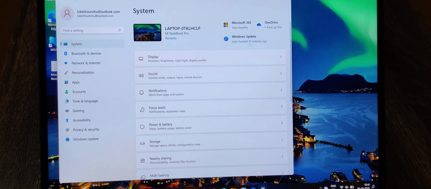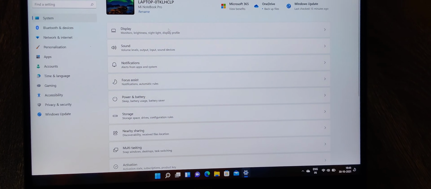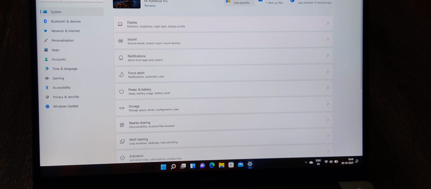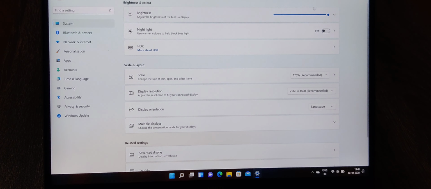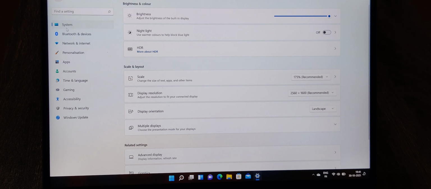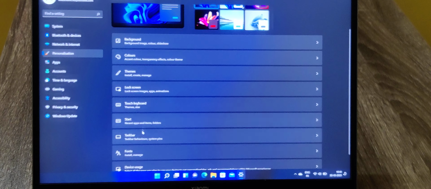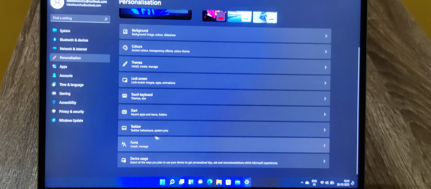As you can see, it's completely changed in terms of look, functionality, and in terms of categorizing those settings. If we move into display, this is the brightness controller followed by some settings. And we have a personalization section. So as you can see, it has a bunch of themes pre-built. This is the default Windows 11 theme which they are highlighting. We have light mode, dark mode. We can even change the backgrounds, colors, themes. We can change the experience of the lock screen. We can even control what we have to pin in the taskbar, etc.